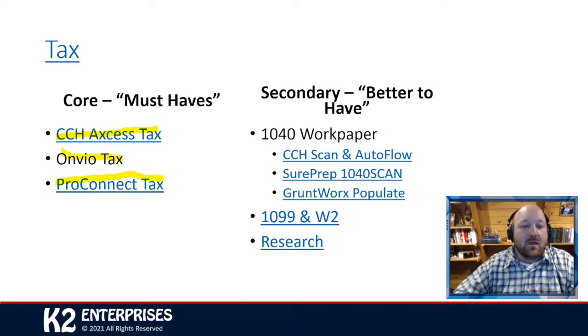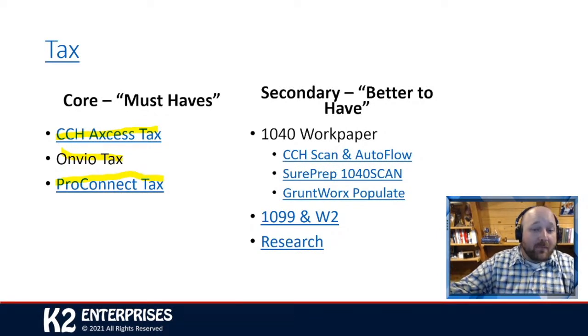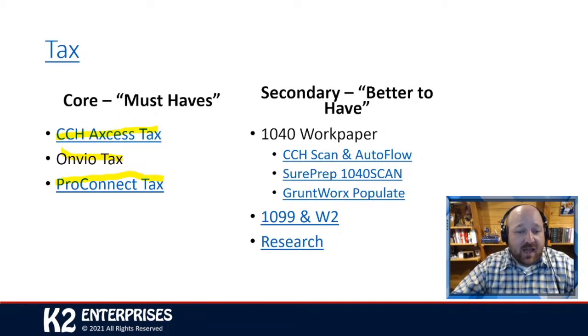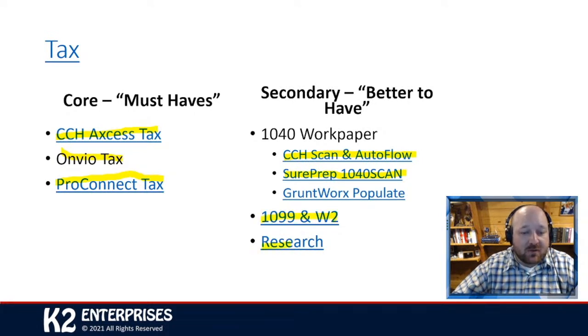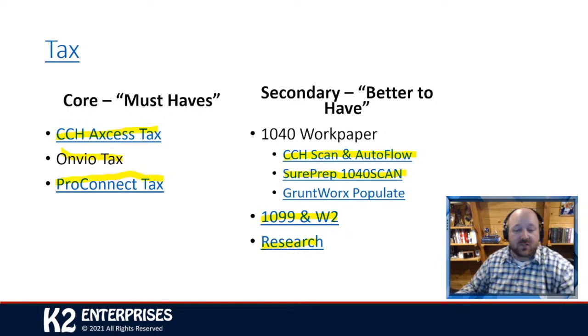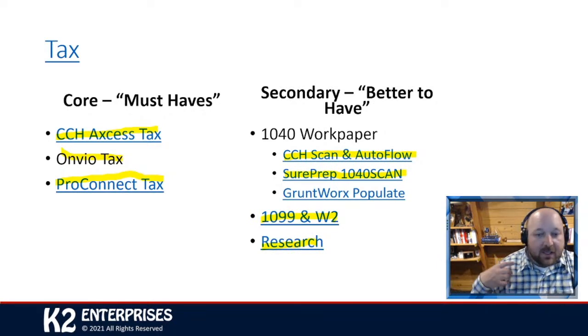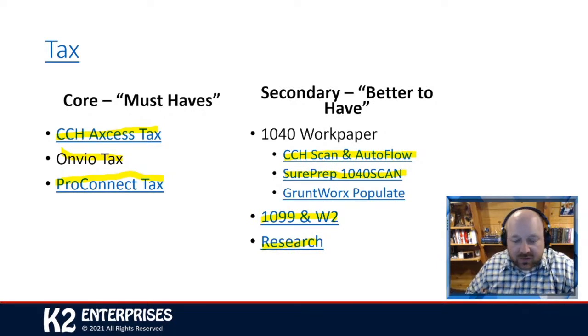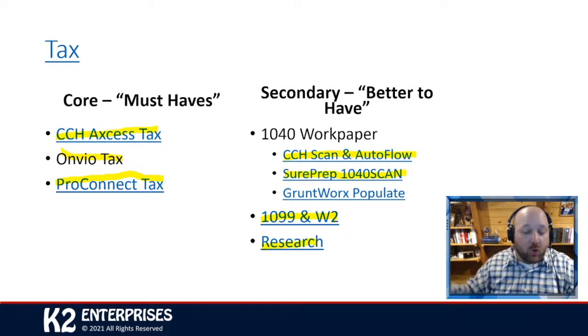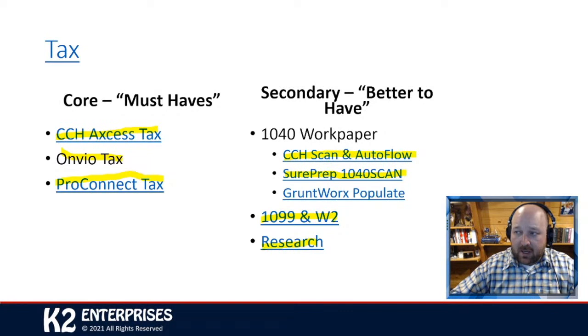Other secondary applications you might want to consider if you're doing a lot of tax work in addition to those would be solutions around work paper management. CCH's Scan and Autoflow, SurePrep's 1040 Scan, tools to manage 1099s and W-2s, as well as automation of research. Man, can they save you a lot of time. I've worked with these tools and they can essentially automate a lot of the data entry and organization. And if you're doing hundreds of W-2s, hundreds of 1099s, hundreds of other applications like that,